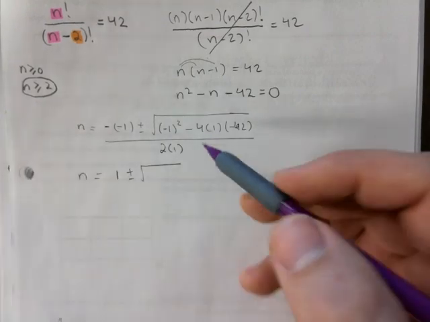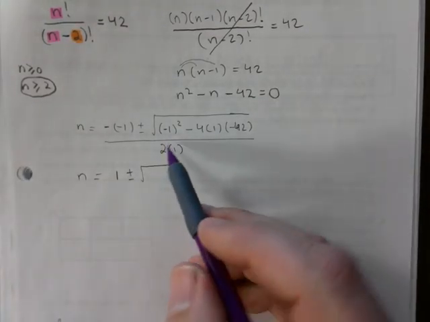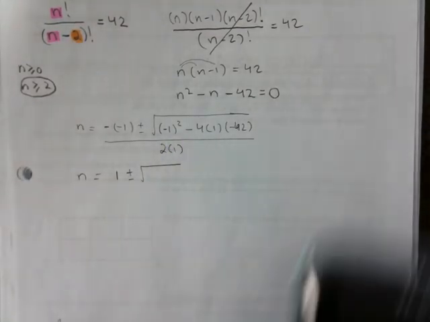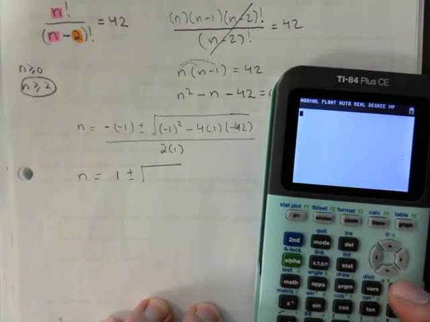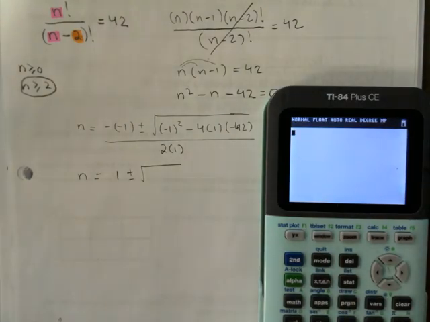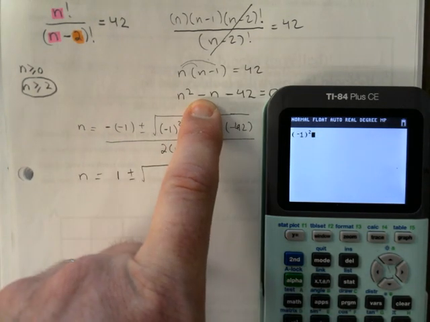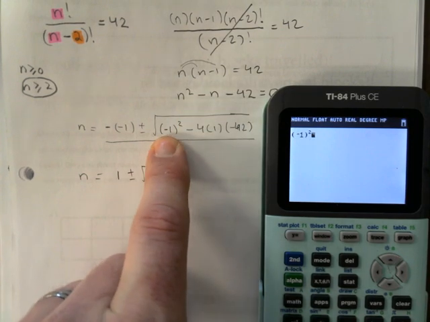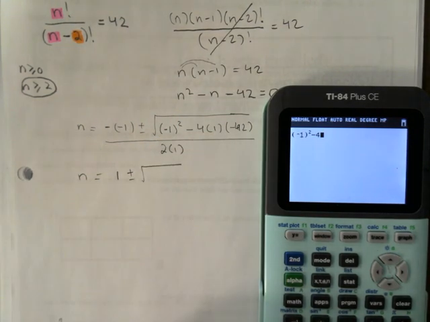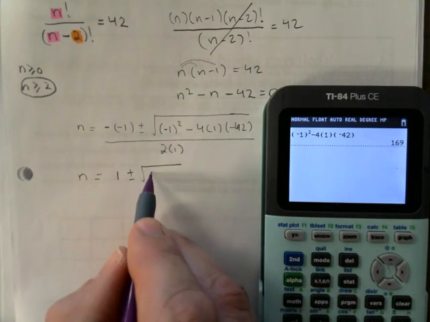You plug this into your calculator. I sometimes see that you're so close, but you get the wrong answer there. So I use brackets every time. Don't forget the sign of b is negative, right? It's right there. Negative n. So b is negative. Minus 4 times 1 times negative 42. You should get 169